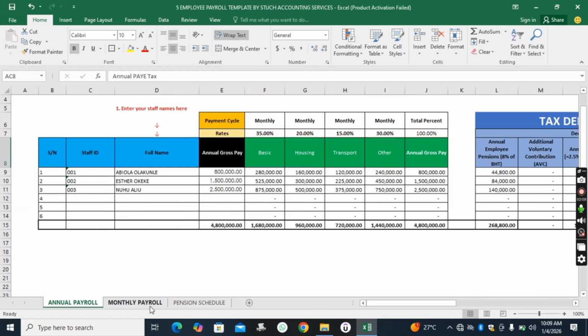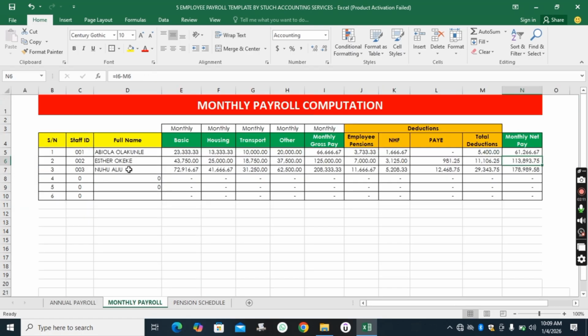And then when you also go to monthly payroll, you can also see that the computation for Aliyu has also been automatically done by this payroll template. You can see that it has computed everything: the basic, the housing, the transport, others. And you can see the monthly gross pay. This is the gross pay for Aliyu. You can see his pension on a monthly basis, the national health fund on a monthly basis, and this is what he should pay as PAYE tax on a monthly basis. And after all these deductions, you can see the tag here. It says deductions. After all these deductions have been minus from 208,000, this is the take-home pay or the monthly